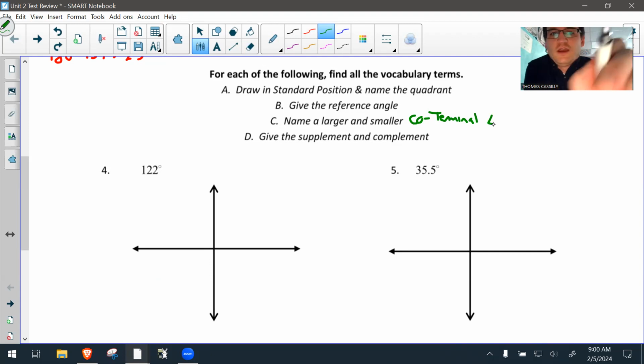And then the supplement and complement. So remember, supplementary angles add up to 180. Complementary angles have to add up to 90. All right. So if we scroll down below, it'll have us go one by one. So starting off,